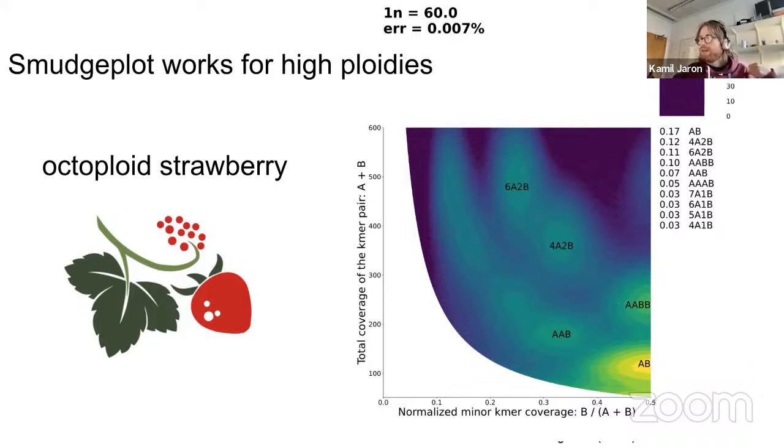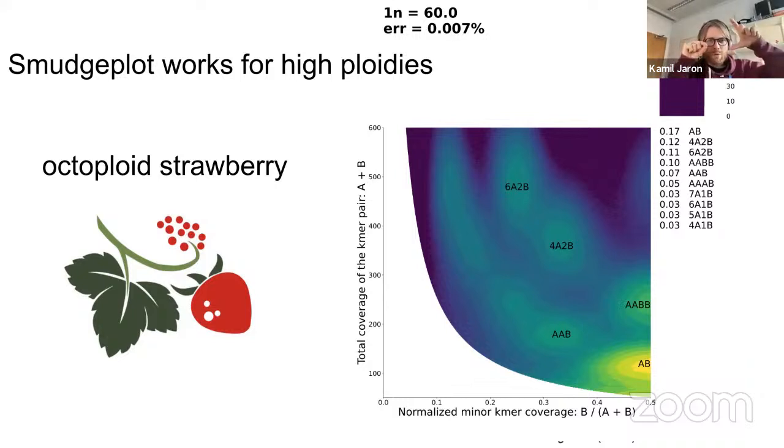Which means that at the bottom part of the fishnet, the cutouts will be actually super nice, and will be very well separating the smudges. And at the top part of the plot, it will be less so. And why is that? Well, because the cutout is based on the most likely assignment given coverage, given all the peaks would have the same height. But that's obviously not the case.